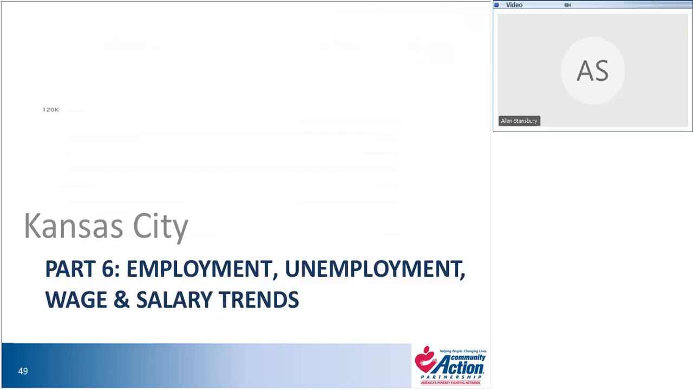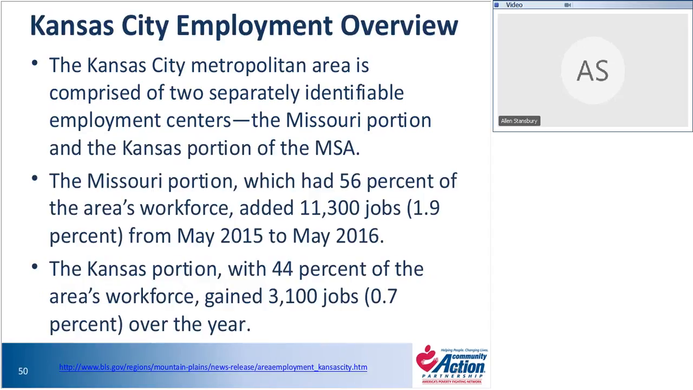Going on, we're going to look at employment, unemployment, wage, and salary trends. The Missouri portion has 56% of the area's workforce. The Kansas portion has 44% of the workforce. So on the Missouri side, they have a larger portion of the workforce, and it gives you what the trends have been. The addition of the gains on the Missouri side has been 11,300, where on the Kansas side, it's only been